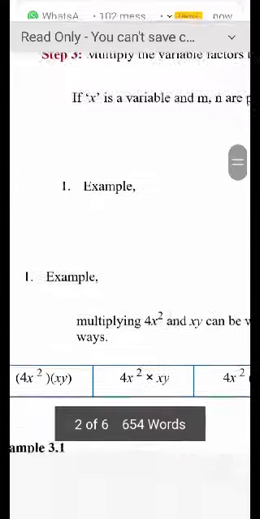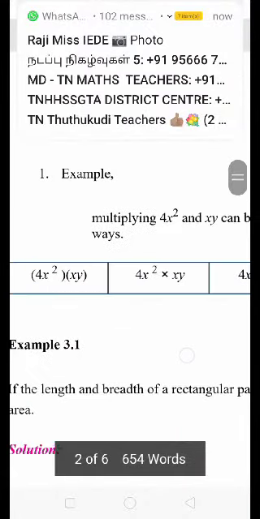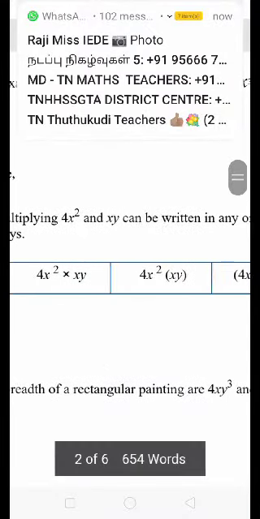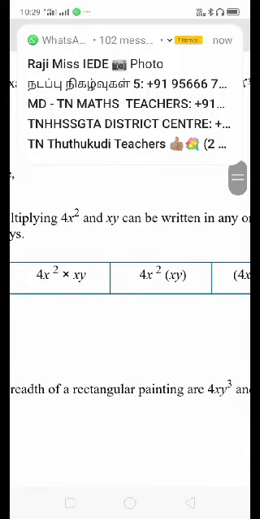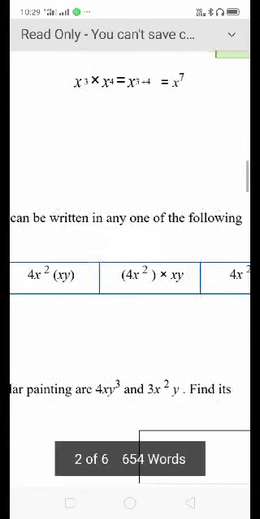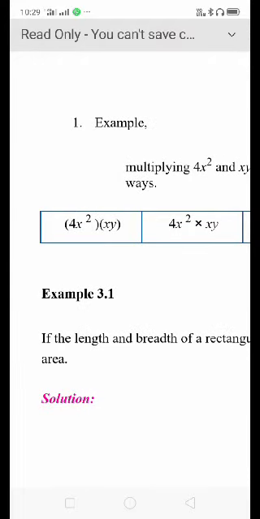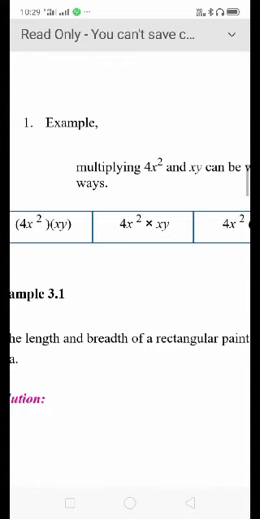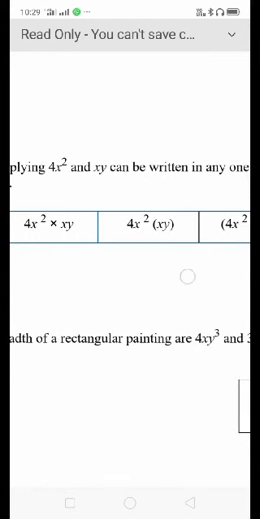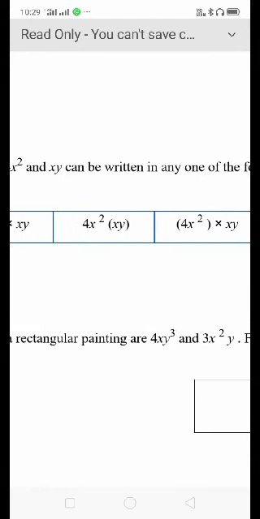Like what? We have to multiply, for example, 4x squared with xy. 4x squared with xy can be written in many forms. 4x squared in a bracket and xy in a bracket. Write both terms in brackets, or separate both terms and put a multiplication symbol in between. Otherwise, any one of